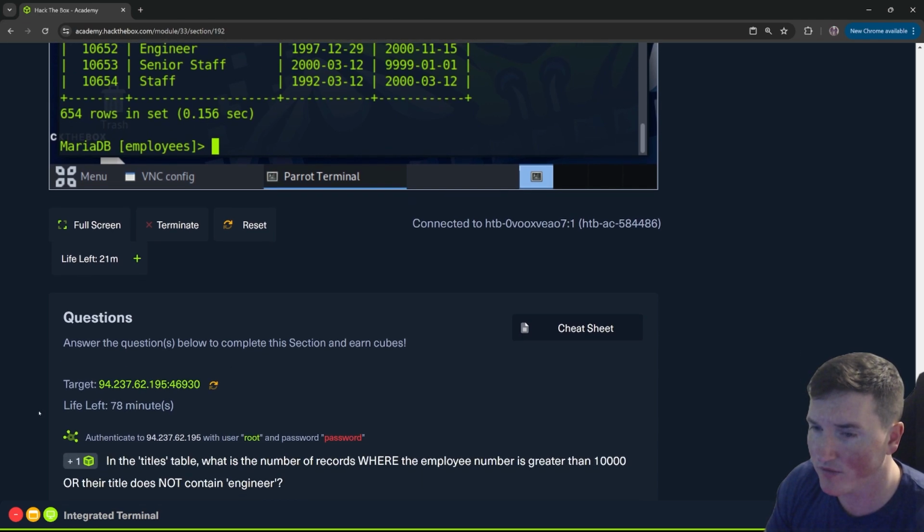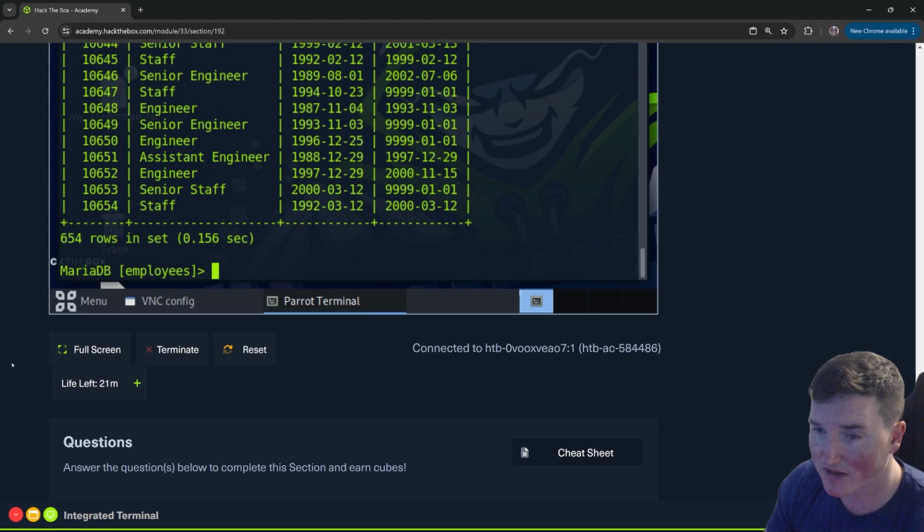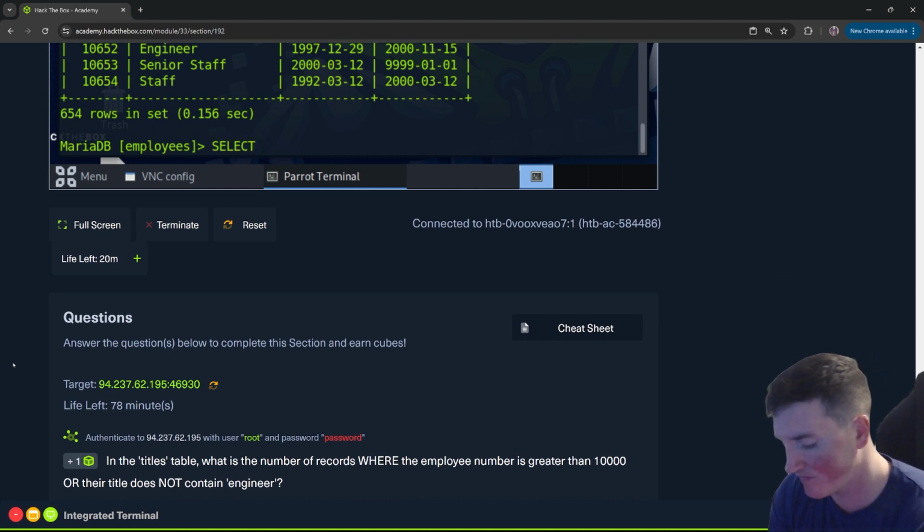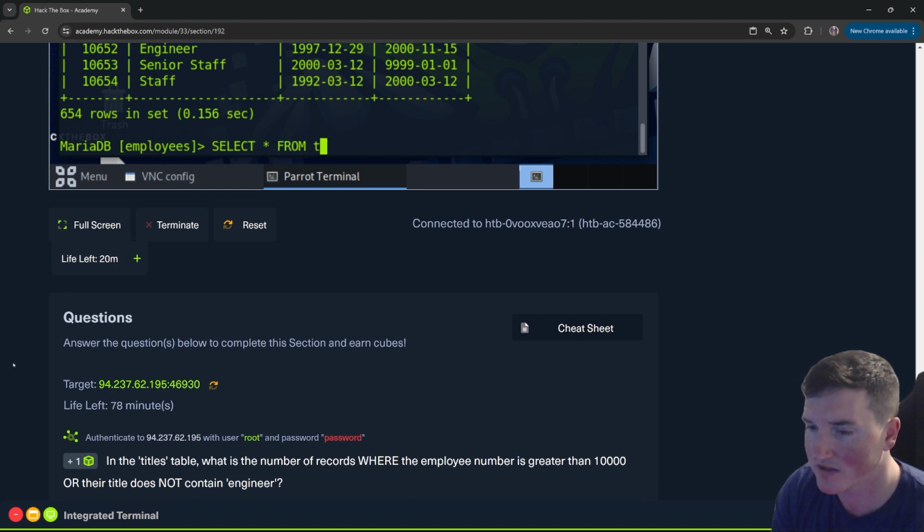Well, what we can do is, spoiler alert, they gave you the number right here. But if we wanted to actually do the command the way that you should, it's driving me nuts that when I click in there, it automatically goes back up. So we can say select everything from titles where the employee number, where emp number is greater than 10,000,